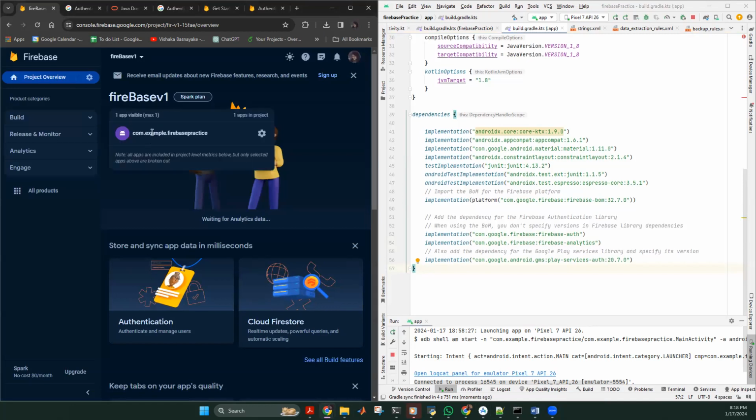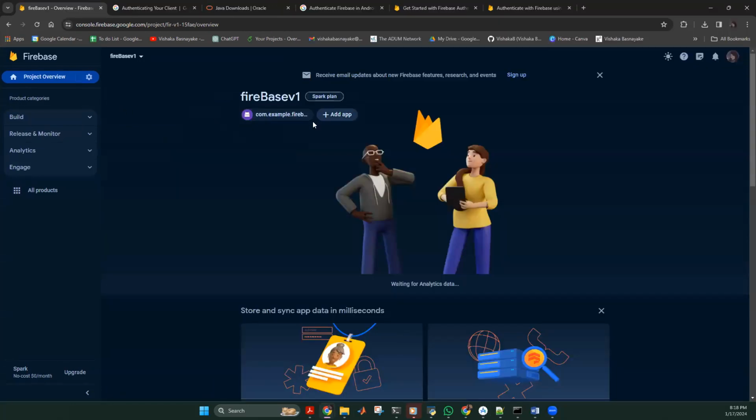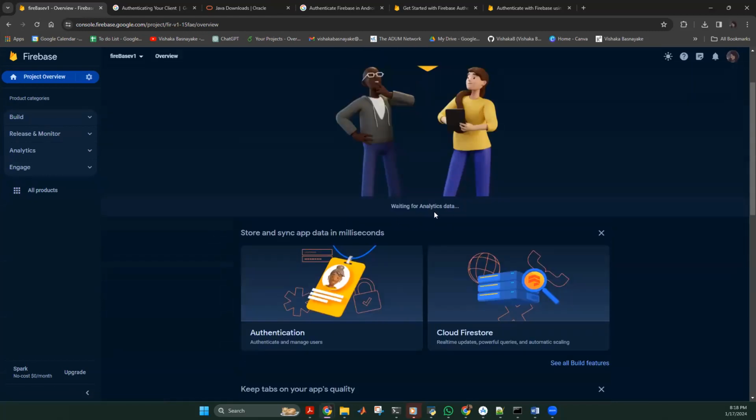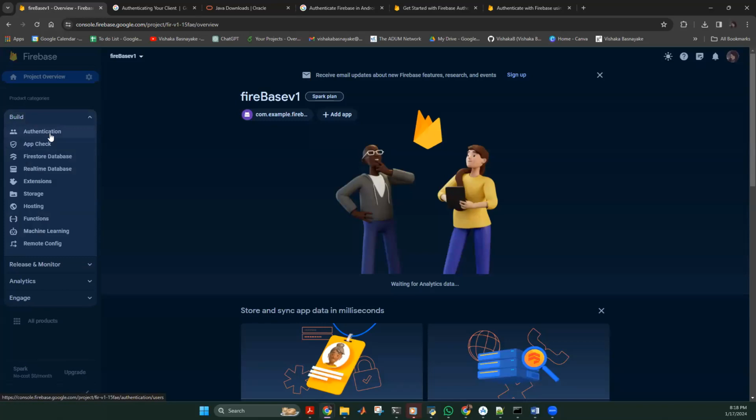So the app we are having, I think the app we constructed was this app called Firebase version 1. I think it's still uploading. So I think it's here. So if we want to